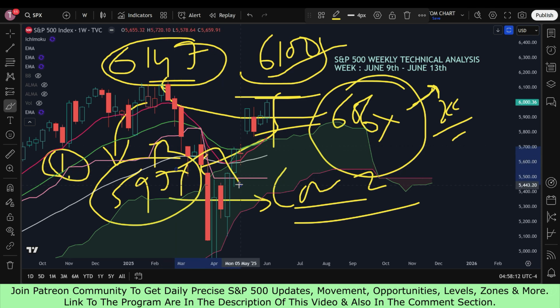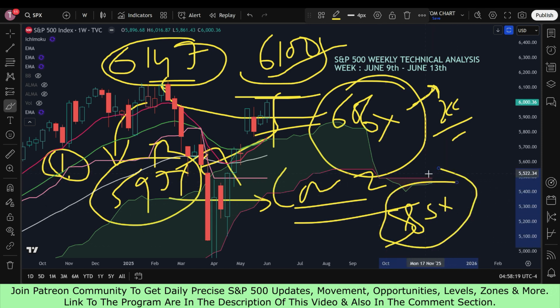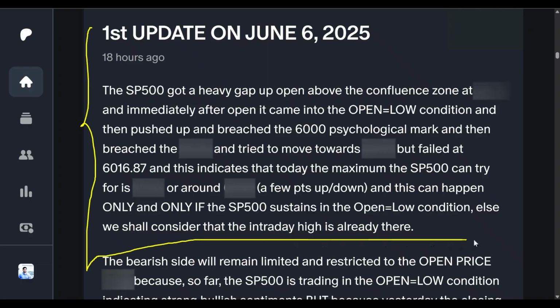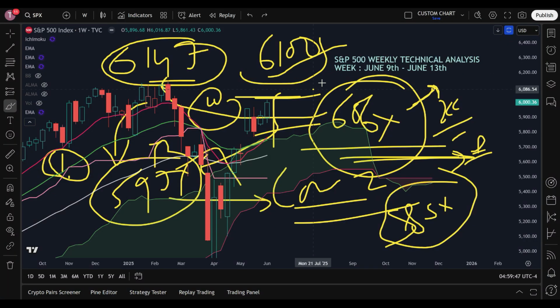And if it loses this zone, then the next zone comes in the 58 range; the zone that starts from 585x is a strong support zone. In this manner the fall will be normal or heavy depending on 606x. Whatever happens, I will keep you posted through these precise daily updates if you are my Patreon community member. The weekly chart has shown us the long-term picture, and very clearly why there will be a natural resistance. It will be even clearer on the daily chart, which is the next section.